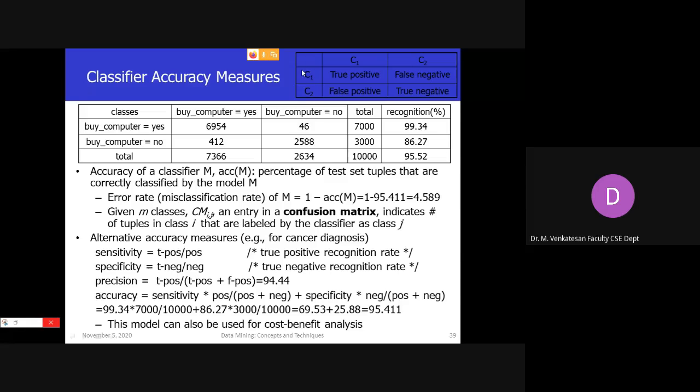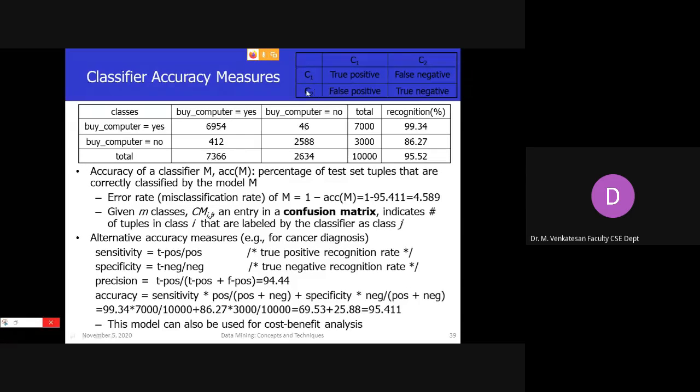Actually the tuple belongs to the yes class, and your model also predicted that it is the yes class. Then it is called a true positive. Actually the tuple belongs to the yes class, but your model predicted that it belongs to the no class, so false negative. Then actually the tuple belongs to the no class, C2, but your model says that it belongs to the yes class, so it's a false positive.